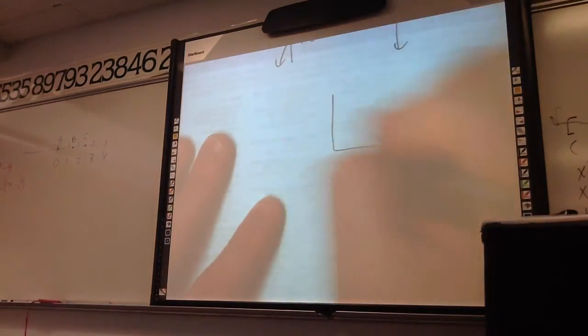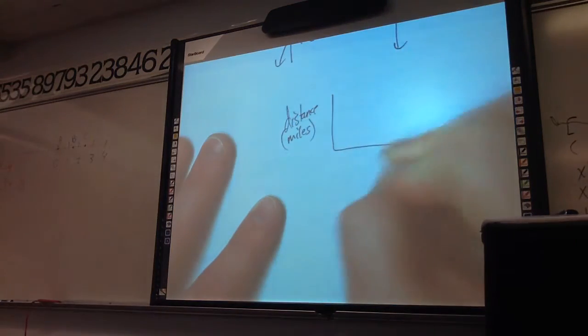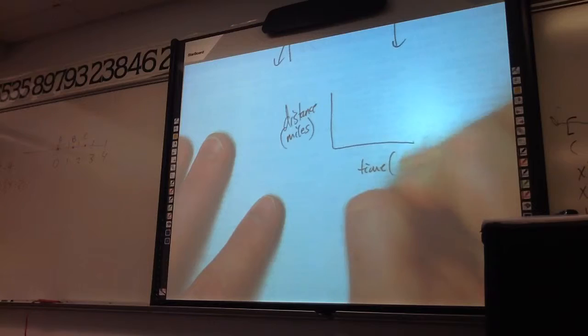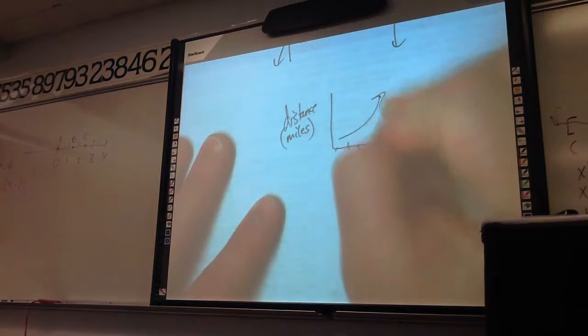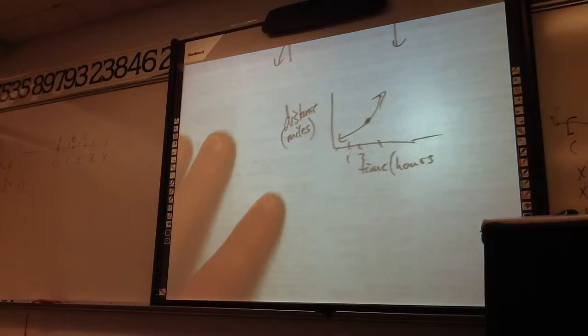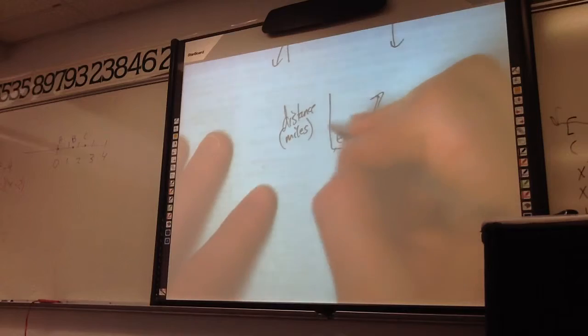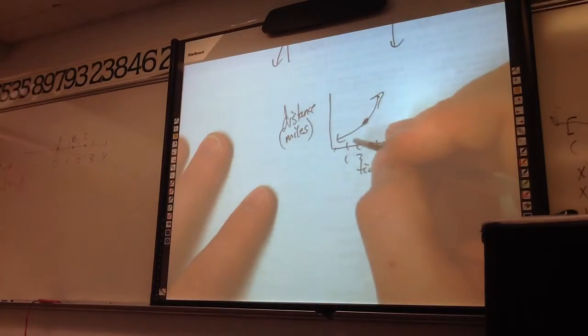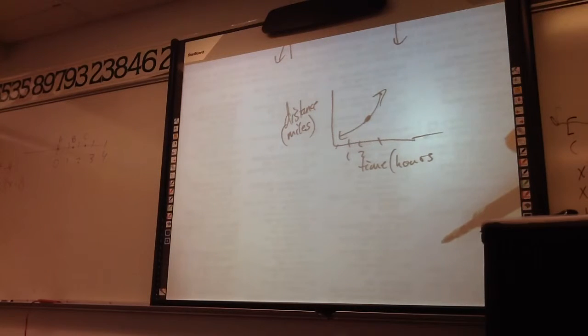For example, back when we were doing, like if this was distance in miles, and this was time in hours, and you got a graph, who cares, whatever. And I said, what does the slope of this line represent? What would you say? The change in distance divided by the change in time, which would give you the slope. So your units of that slope would be,